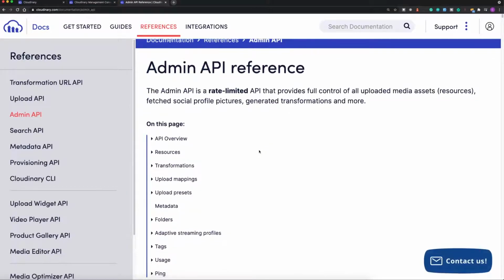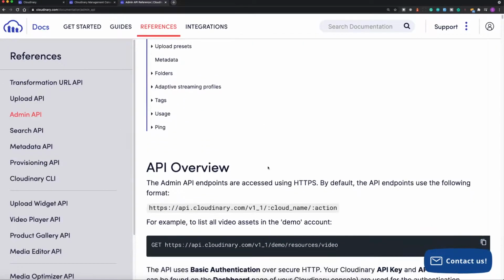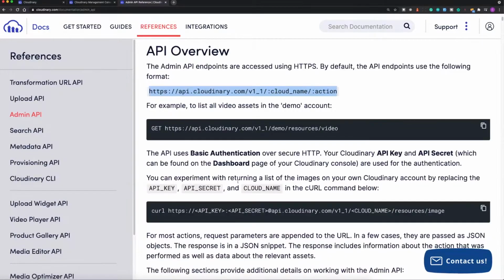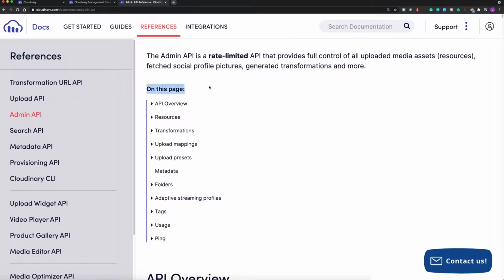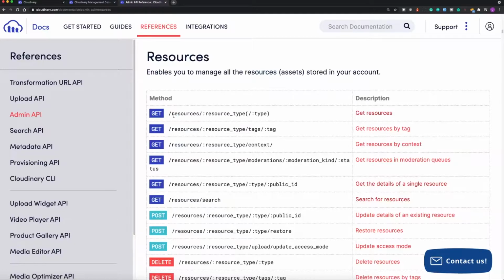In here, you can see an example of the API endpoint that we need to hit. And it explains that to use the API, we need to authenticate using basic authentication. So basic authentication is just a username and password, which in this case is our API key and our API secret, which we can get on the dashboard. If we click on the resources link at the top of this page, it shows us in detail how to fetch a given resource. So it says we have to go to /resources/ whatever it is, the thing we're looking for. So in this case, we're looking for images. So go to